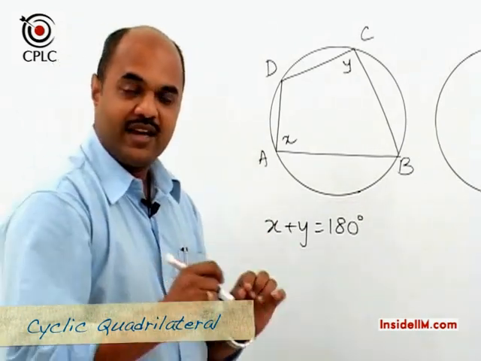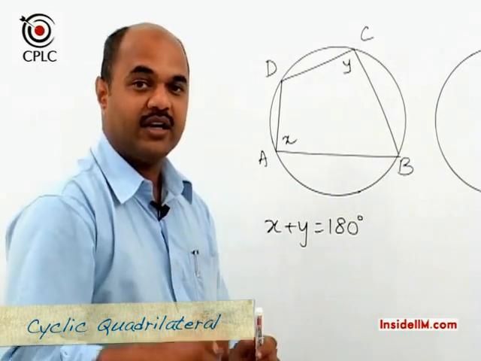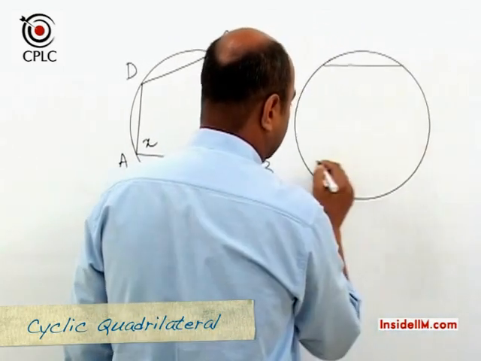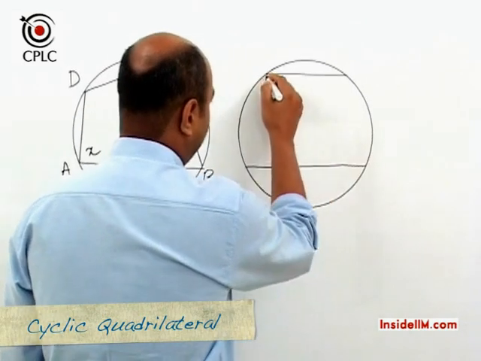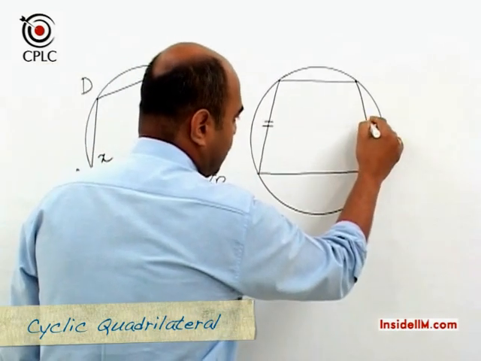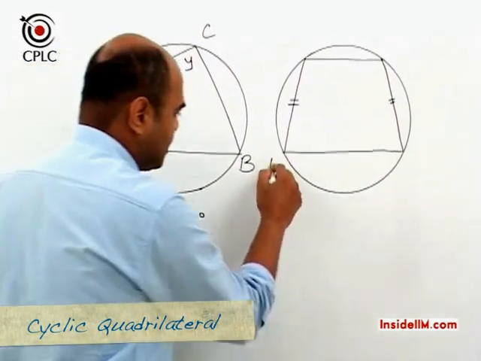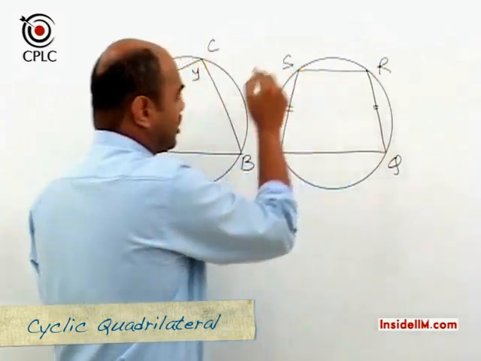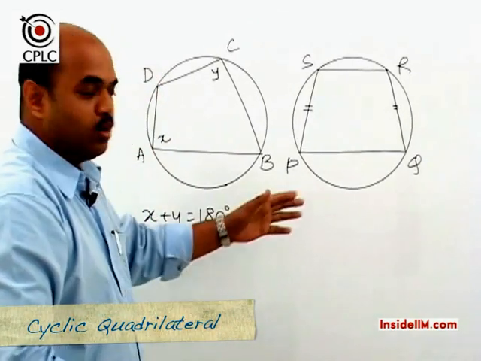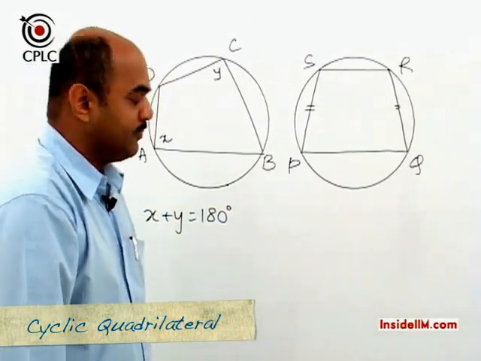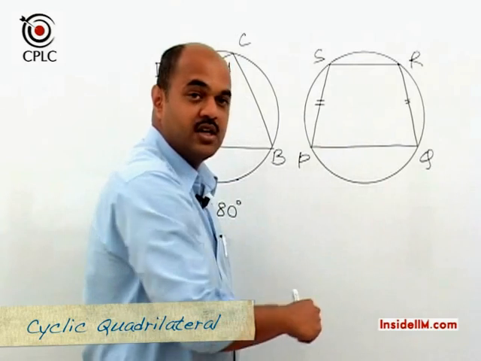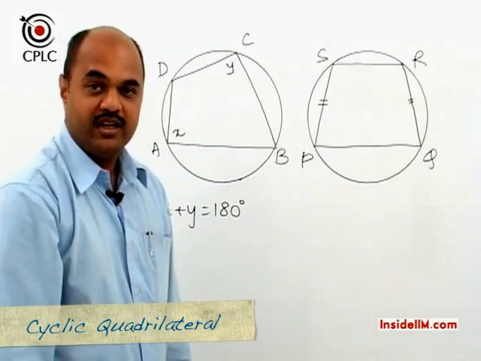Now if this cyclic quadrilateral happens to be a cyclic trapezium, which means if we draw a trapezium inside a circle, then what we will find is that the oblique sides will always be equal. Hence if PQRS is a trapezium, because the vertices lie on the circle, PQRS is a cyclic trapezium. It will always be an isosceles trapezium, because in such a case the oblique sides would always be equal.